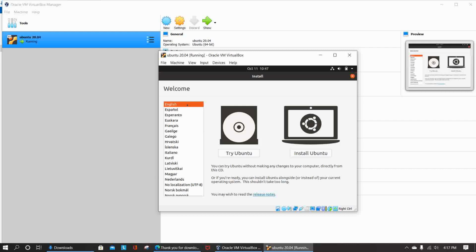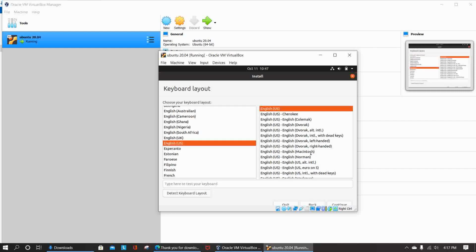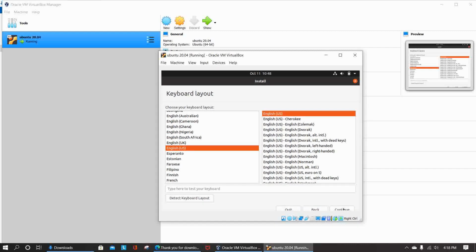I am going to choose the English language, and then after that click on the install Ubuntu. So after that it will ask for keyboard layout. So we have to give the keyboard layout which we are using on our laptop or PC. So I'm using English, so I'm selecting English. You can even test your keyboard by typing anything here, and then after that you just have to click on the continue.